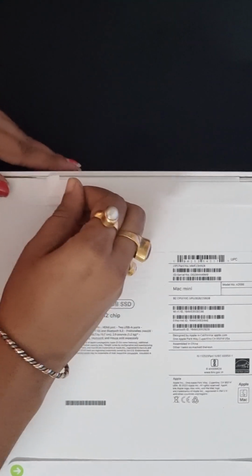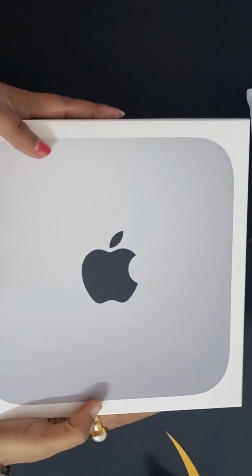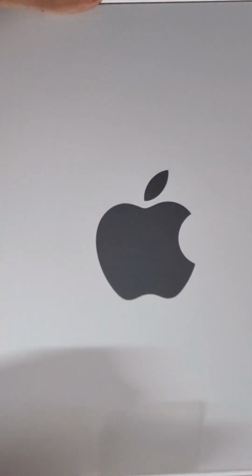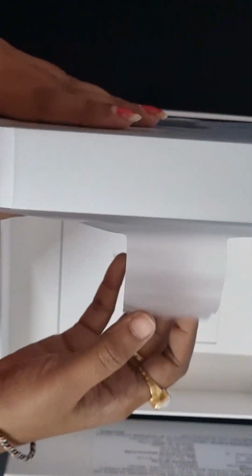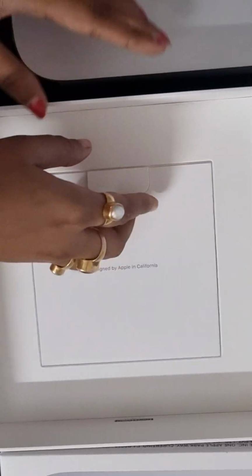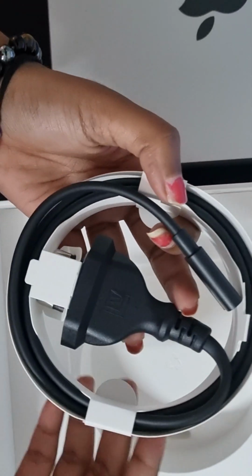Now get ready to witness the next evolution of computing with an exclusive unboxing and first impression of the Mac Mini M2. Join me as I unveil Apple's latest powerhouse packed with the evolutionary M2 chip and groundbreaking features. From its compact yet stunning design to its lightning-fast performance and innovative capability, I will dive deep into everything the Mac Mini M2 has to offer. Whether you are a creative professional, a tech enthusiast, or simply